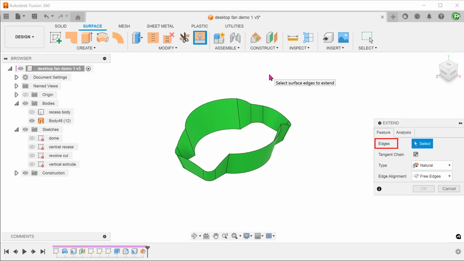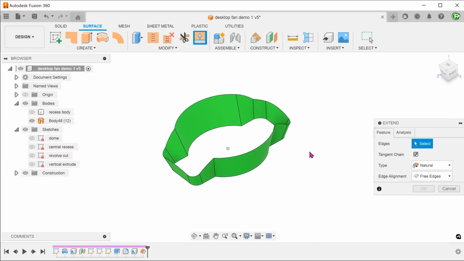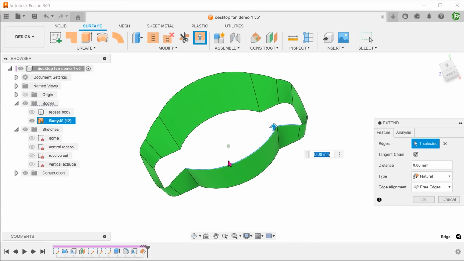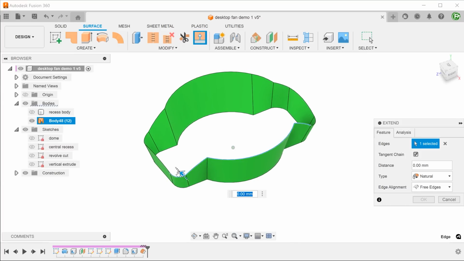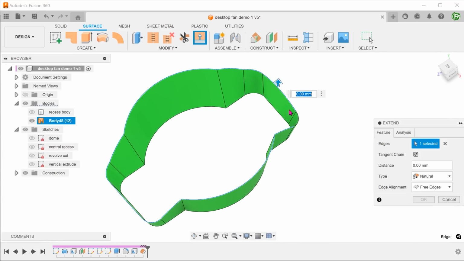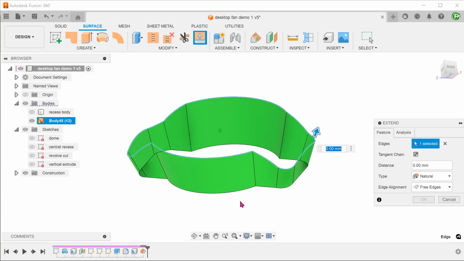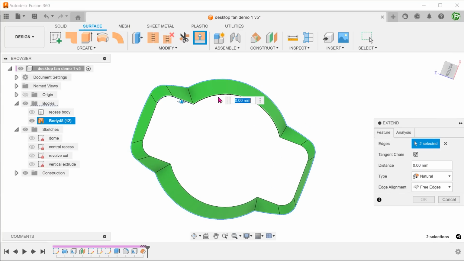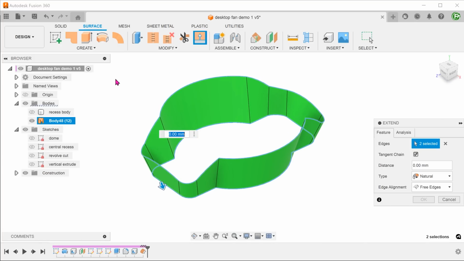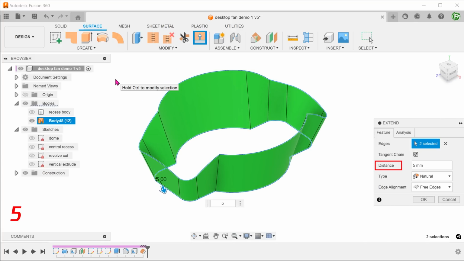Select all the top and bottom edges. Extend them by a small amount.